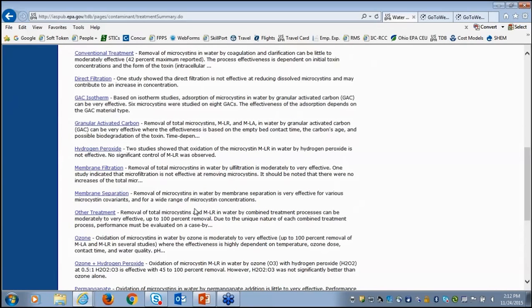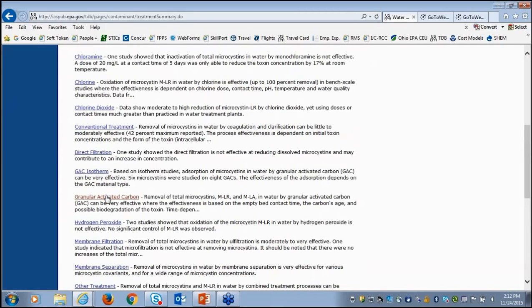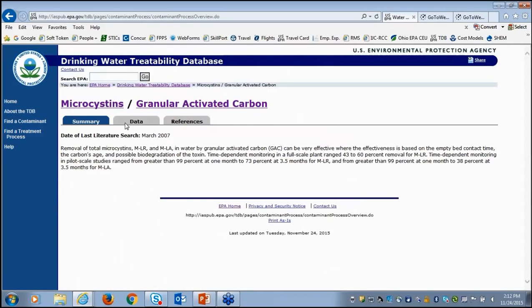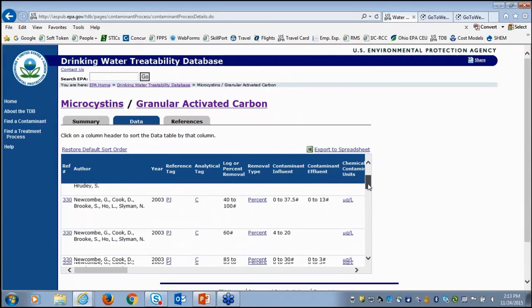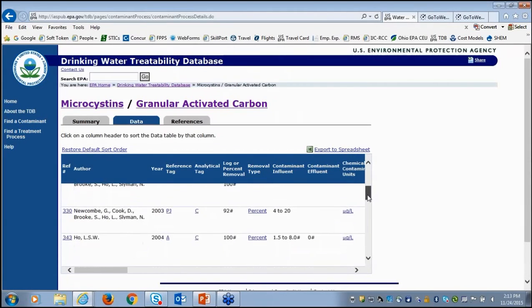Now, some of these pages are updated a little more recently than others on the treatability database, so I think somewhere we designate the date, but we're trying to keep them all fairly up to date. So if we click on granular activated carbon, for instance, for microsystems, it brings you into a summary sheet. If we go to data, it lists down the data that are in the database that